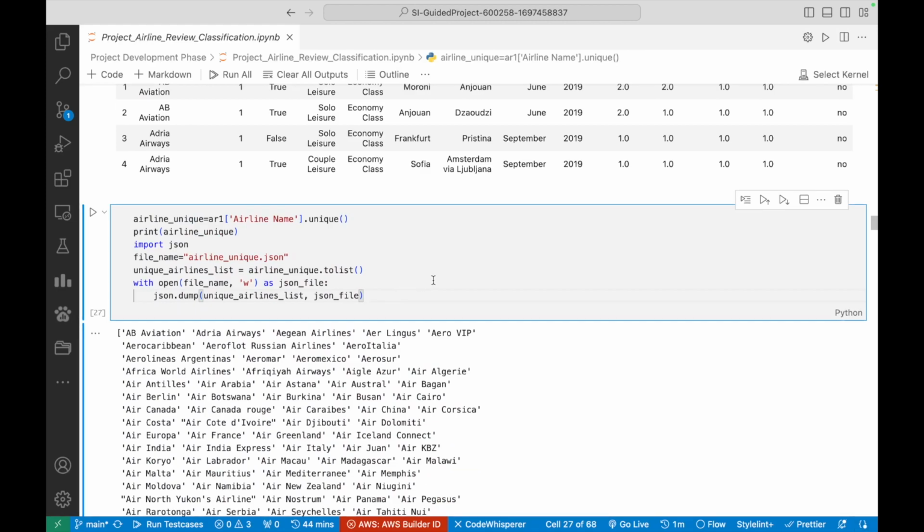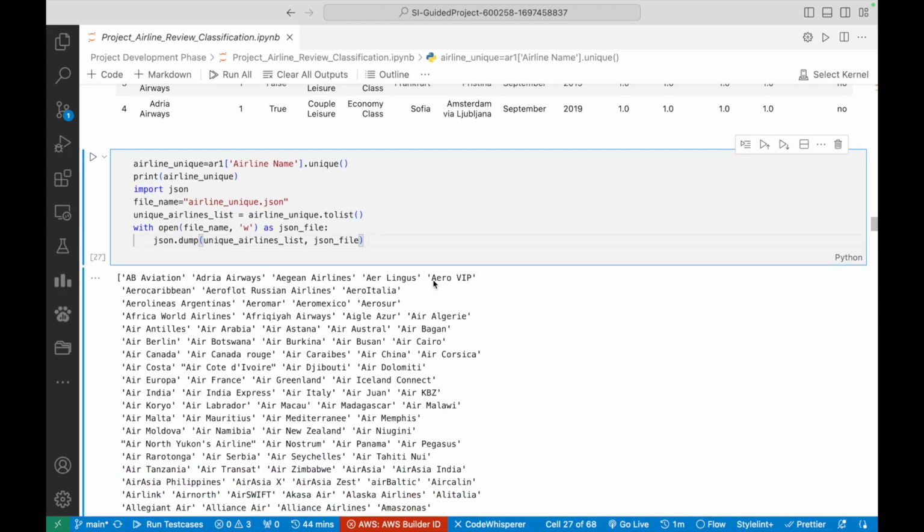So in this portion of code, to implement the HTML page, I had to take a JSON file for the airline names and the cities. So I took this, and in the next code,